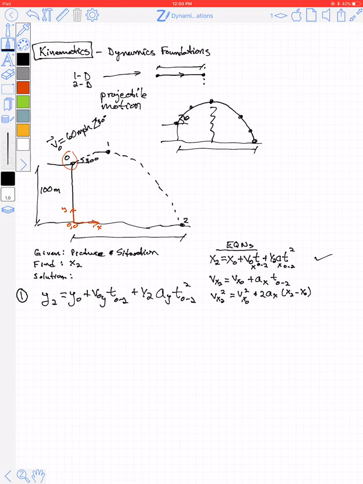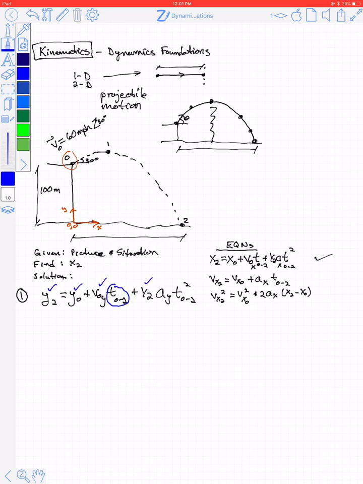And I now use something that I like to call the check mark method, where I put a check mark on everything I know, and I circle the things I don't know. Well, I do know that the position at point 2 in the y direction is 0, and the initial height is 100 meters. The velocity in the y direction will be 60 miles per hour times the sine of 30 degrees. I don't know the time,